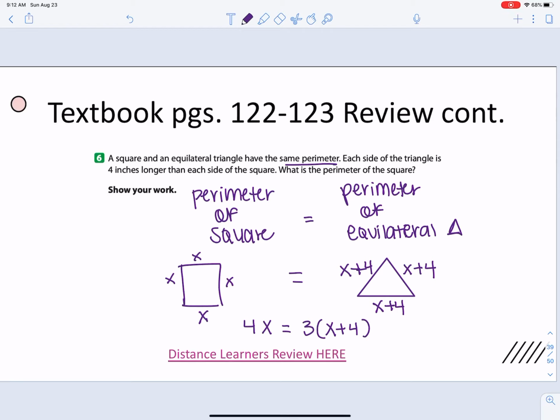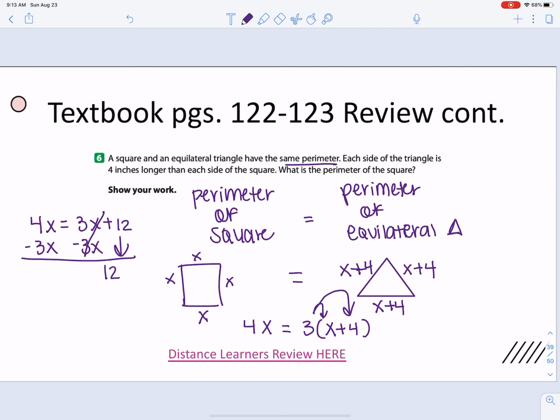And then I can just go ahead and solve. I'm going to distribute my 3 on the right side to everything inside my parentheses. So I'll have 4x is equal to 3x plus 12. I'll move my variable terms to the left side, and I'm left with x on the left and 12 on the right. So x is actually equal to 12, but that's not your answer